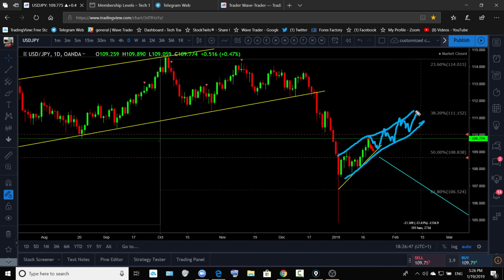I mean, it can get bigger. So how is this correction going to change? If that correction is going to get bigger like that, we will stay bearish on the dollar yen, and we will look for that trade. How can that correction change? If it is going to spike up aggressively,